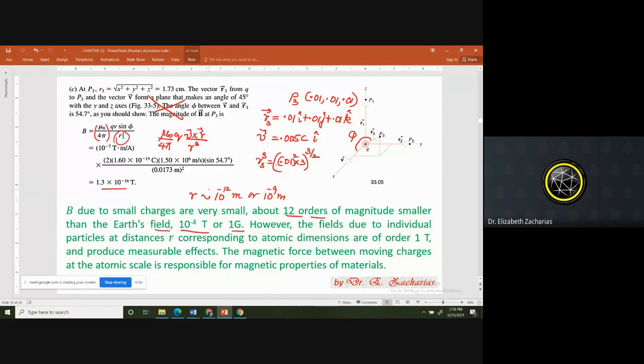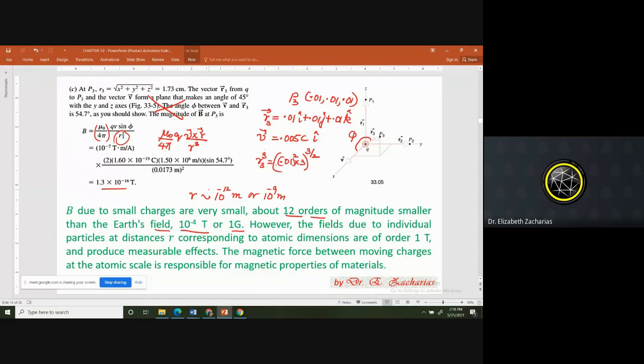That's a big, big magnetic field. So it's not something that you can neglect. So what do you finally conclude? You conclude that the magnetic field, because of these individual charges, will become significant when you're talking of atomic scales. When you're talking about inside the atom, when you're talking about the interaction between an electron and the proton or the nucleus, or when you're talking about 2 electrons interacting with each other, in those situations, the magnetic field becomes significant, it is large,